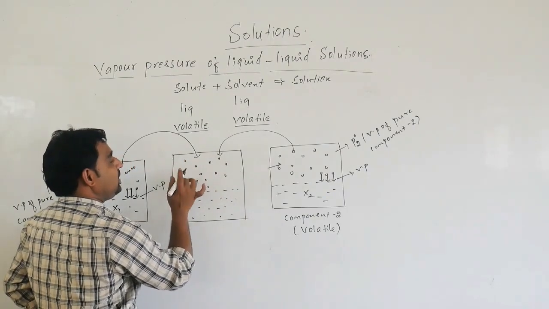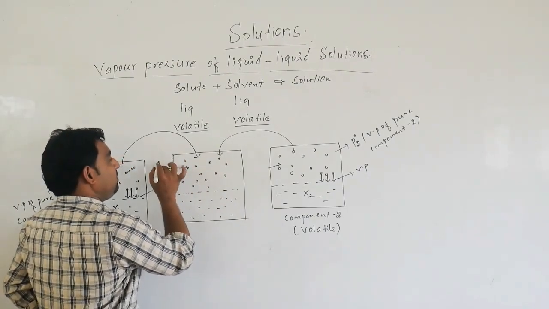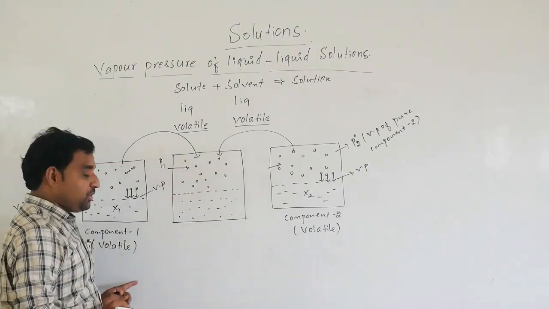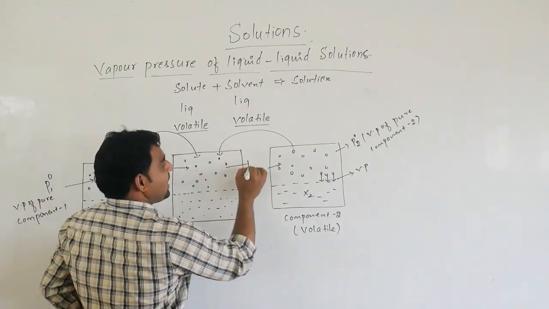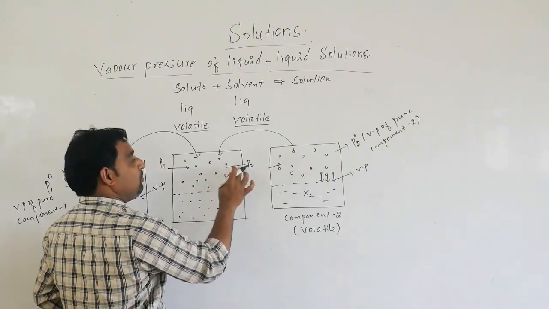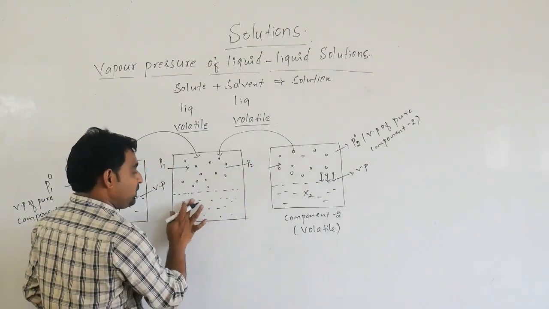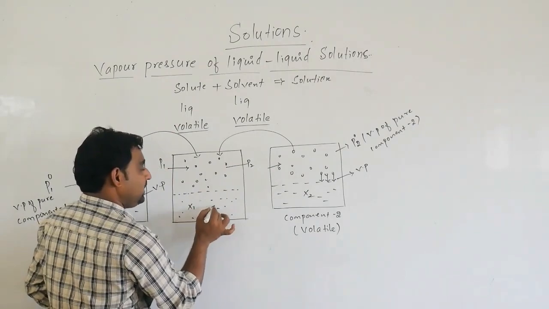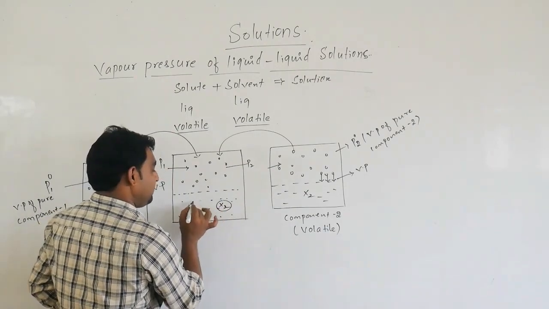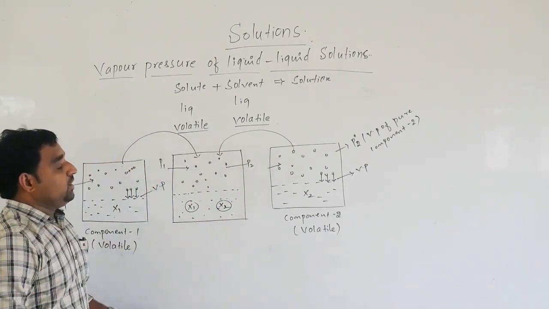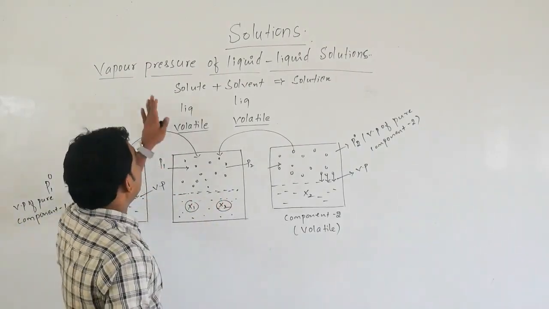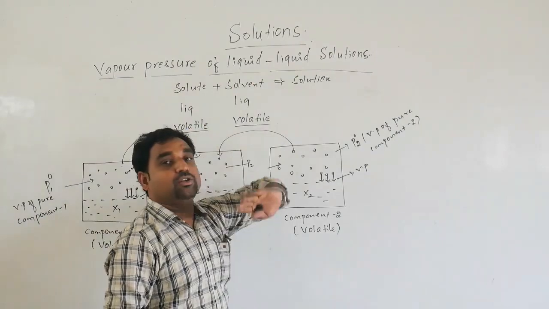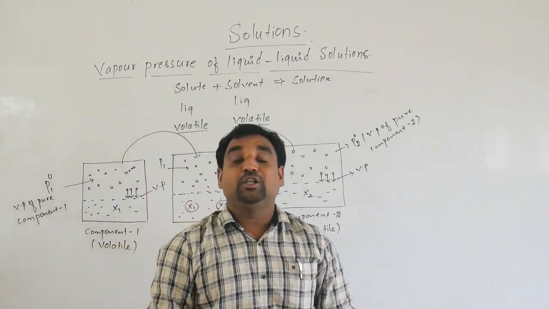This vapor has P1, the partial vapor pressure of the first component, and P2, the partial vapor pressure of the second component, and the mole fractions are x1 and x2. Now according to this, the vapor pressure of a liquid solution can be explained on the basis of